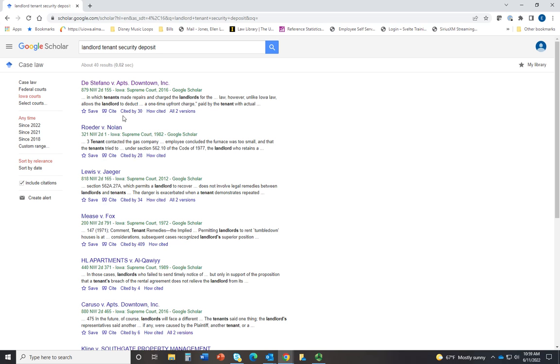Below the entry, you will see cited by, which will tell you how many other cases and documents have cited this particular case, giving you an idea of how important the case is. How cited will allow you to see the discussion around the citations so you can determine how later courts have treated this case. Click the case name